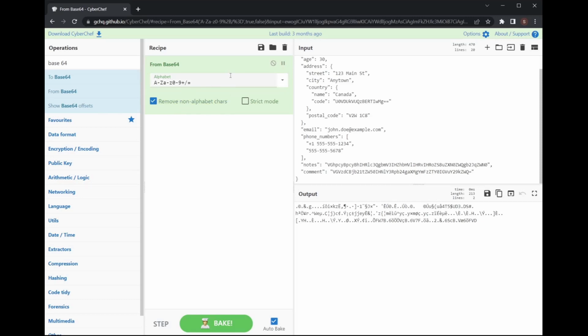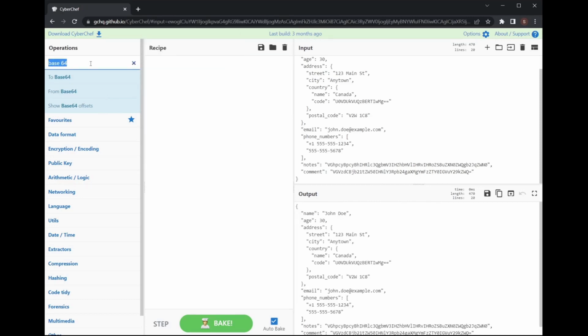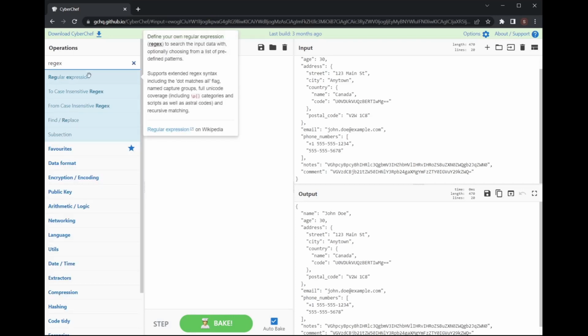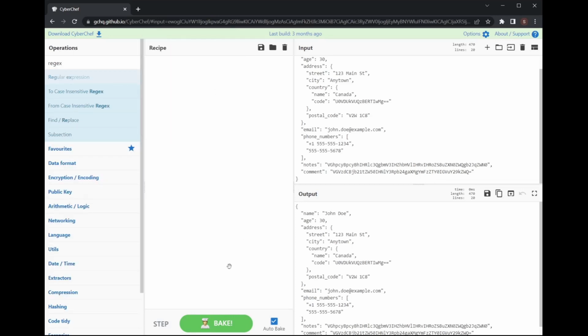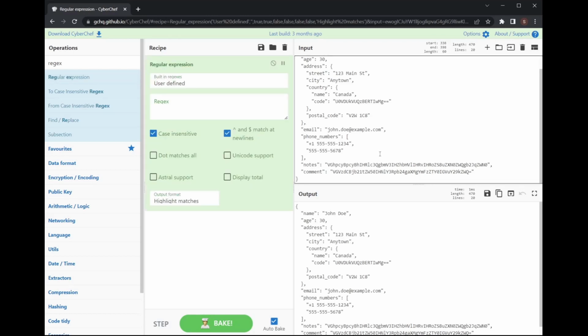We could capture the specific text with regular expressions. So with a regular expression, you could tell CyberChef, hey, I need you to capture this specific part of the input and run a decoder on that. With ChatGPT being out, a lot of times I use ChatGPT to help me write these quick regular expressions. Helps me a lot with time efficiency, especially. So with this regular expression,